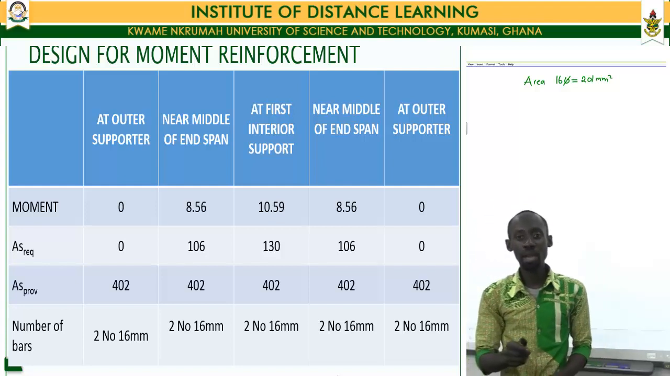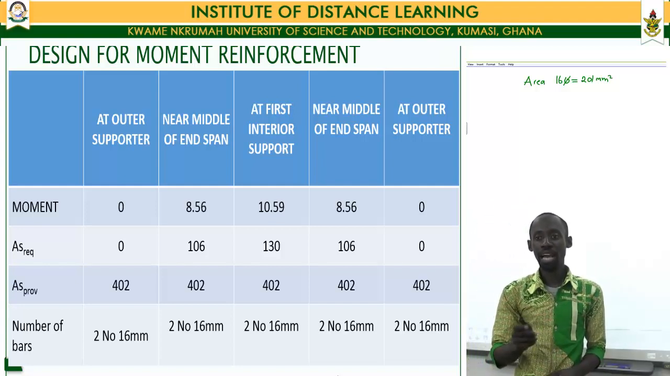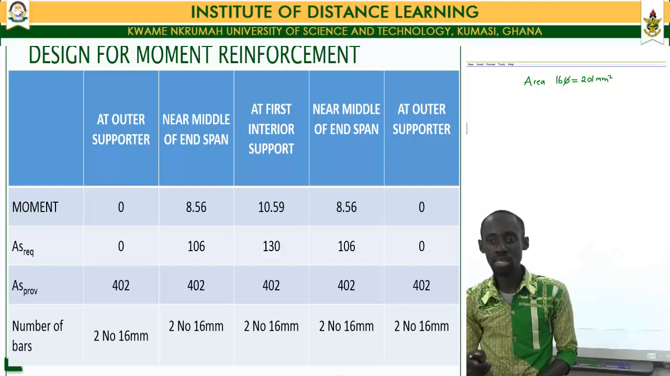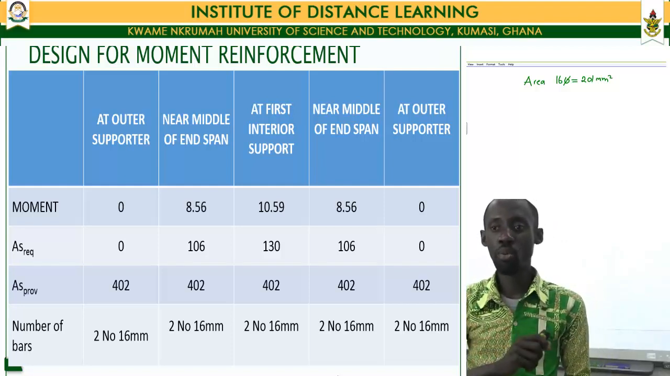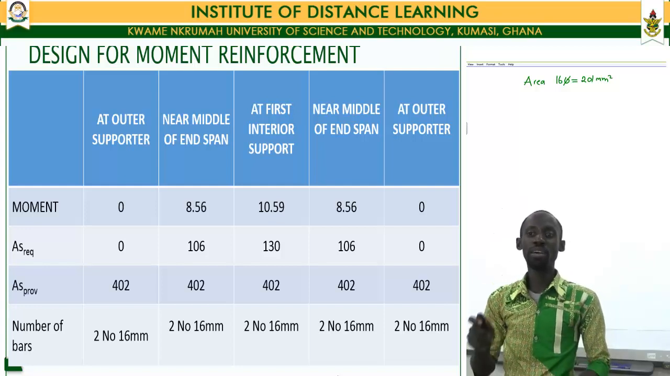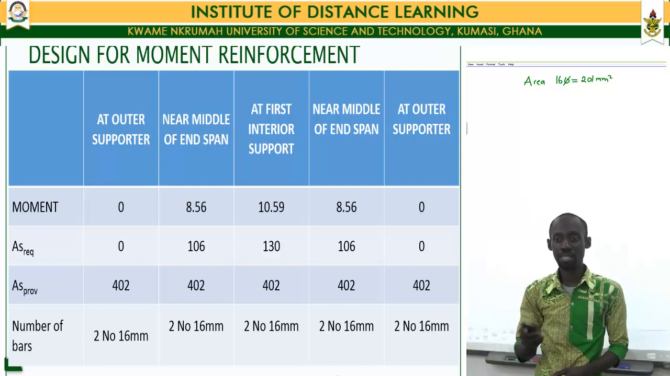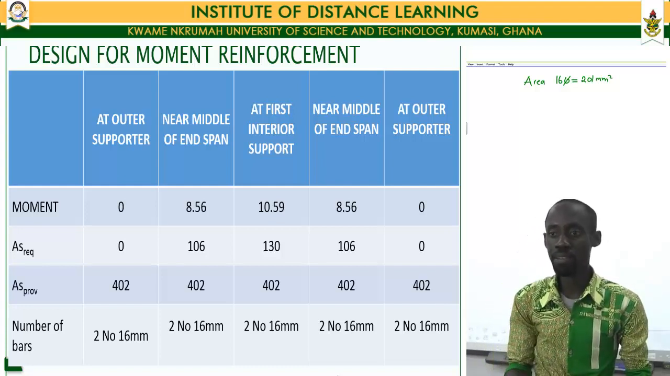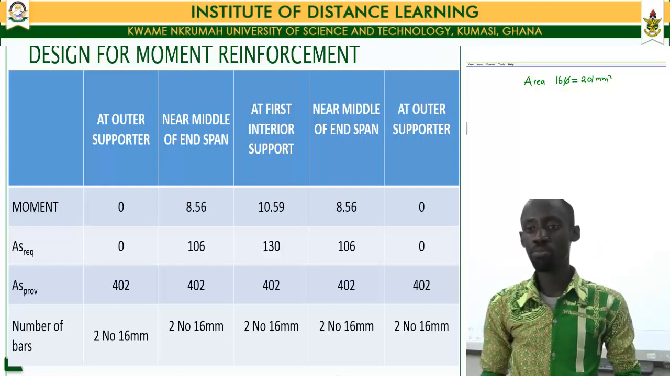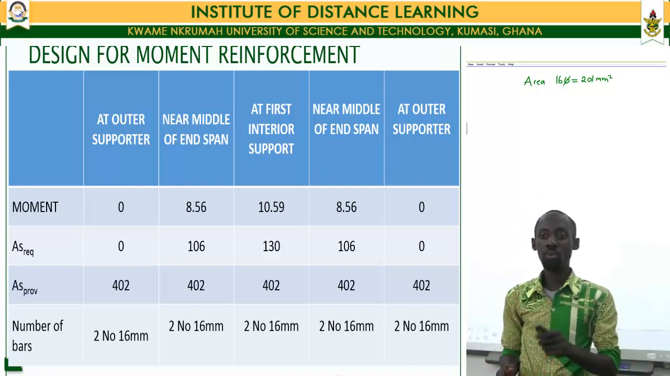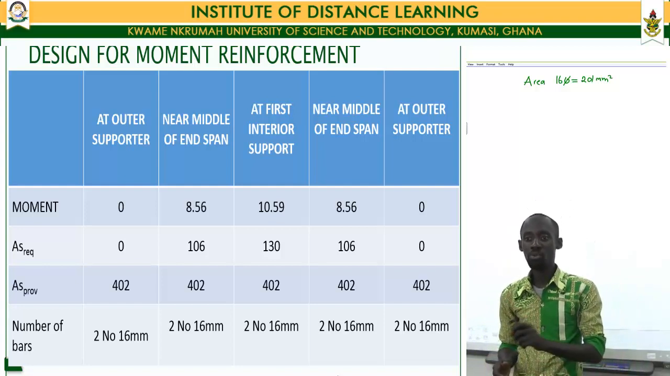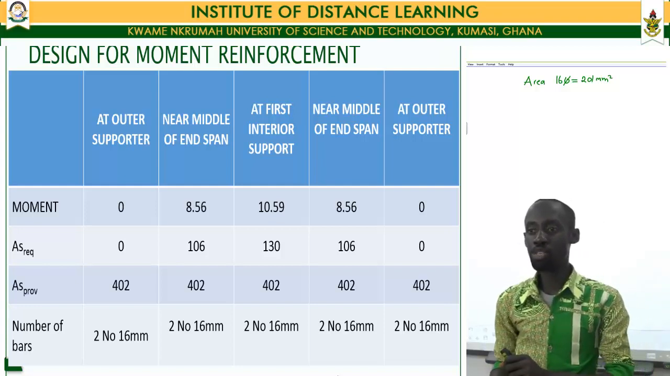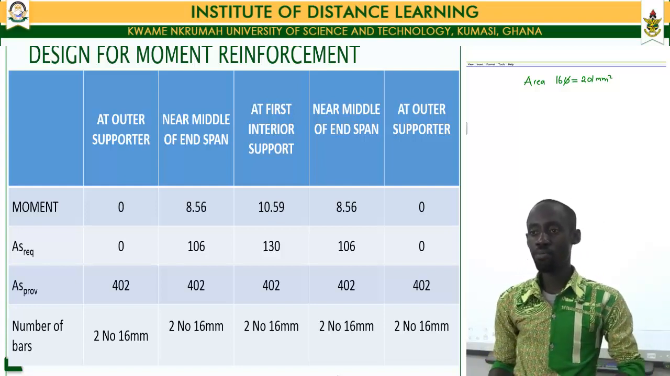Now, calculating the area of reinforcement required for the other two, realize that we had an approximate area of 106 at the near middle of end span, where we had our moment value being equal to 8.56. Now, at the point where we had our moment value being equal to 10.59, our area of reinforcement required for that section was 130. Then again, when we come to the other side where we had our moment value being 8.56, the area of reinforcement required was